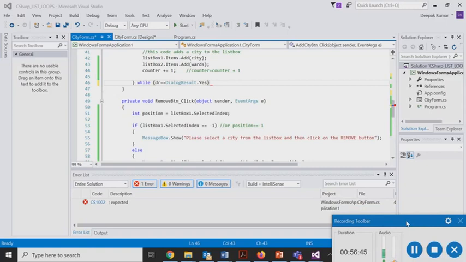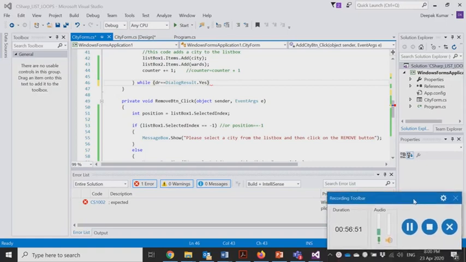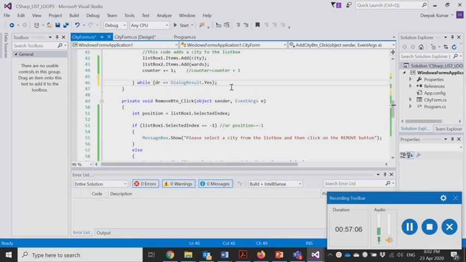Okay, we don't have it here. Alright, so while dr equals DialogResult.Yes, I think we forgot a semicolon here. We will be capturing this value to execute this loop while the DialogResult is Yes.